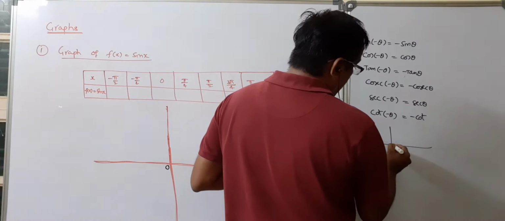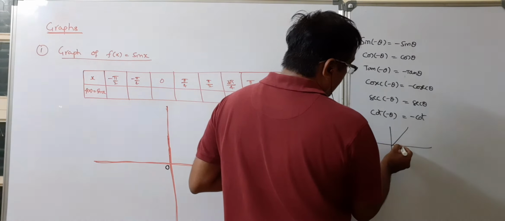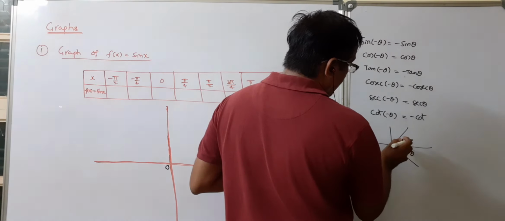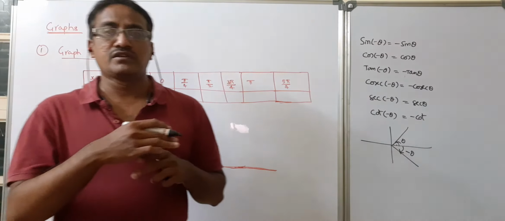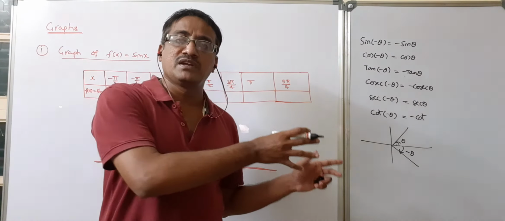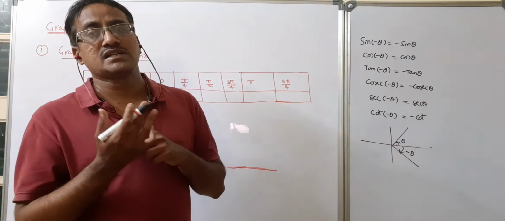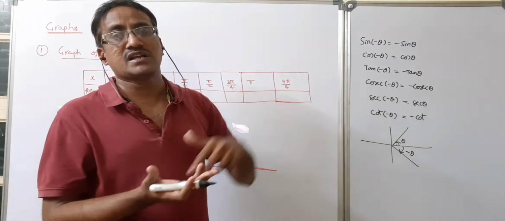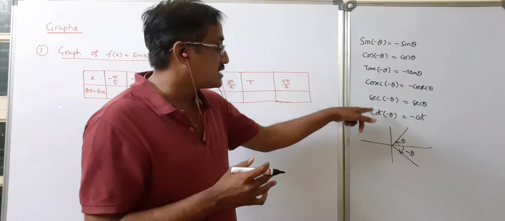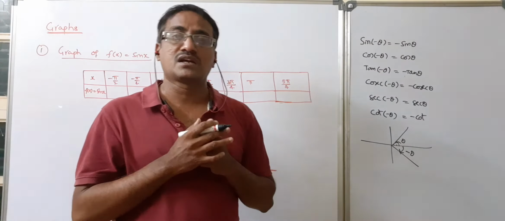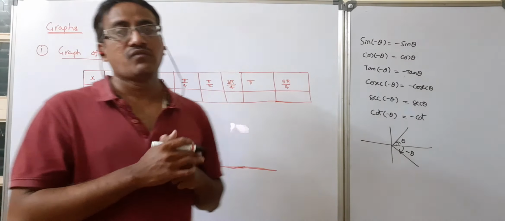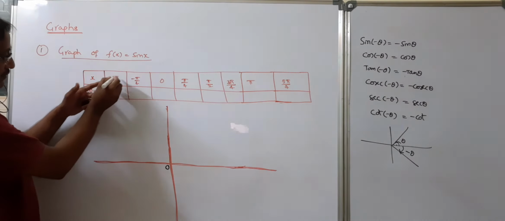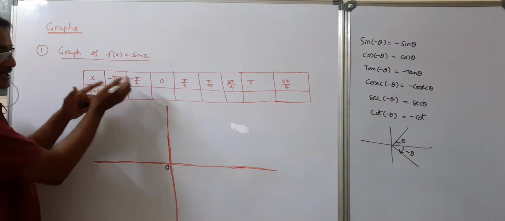This is because if you take theta, it will be in the positive direction. If you take minus theta, it will be in the negative direction, that is clockwise direction. When you go in the clockwise direction, the angle will be in the fourth quadrant. That is why minus theta is in the fourth quadrant, where sine is negative. Similarly, you can see cos of minus theta is cos theta, because cos is positive in the fourth quadrant. Now, you have to write the value of x here.